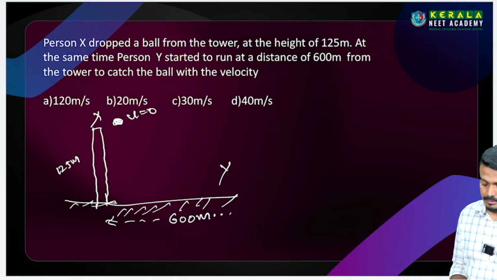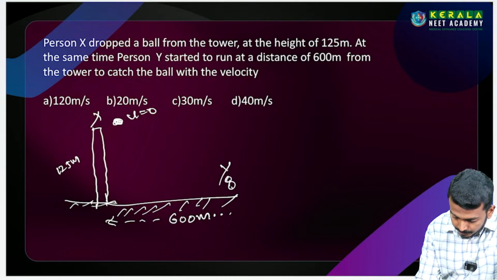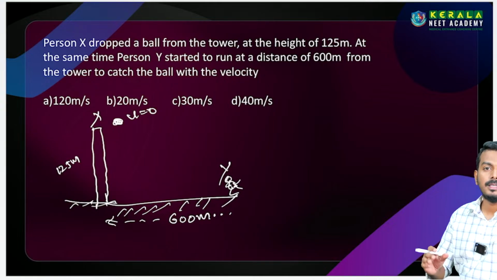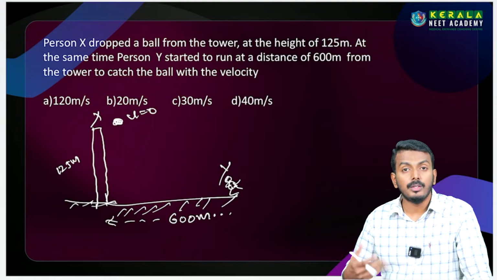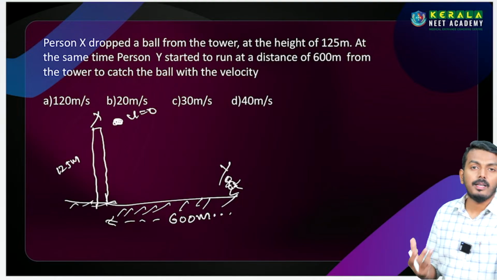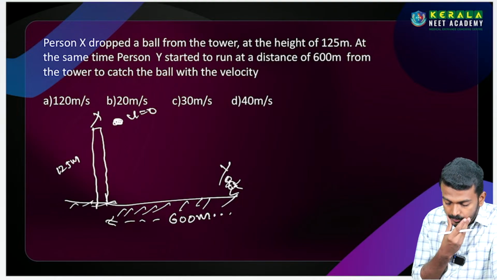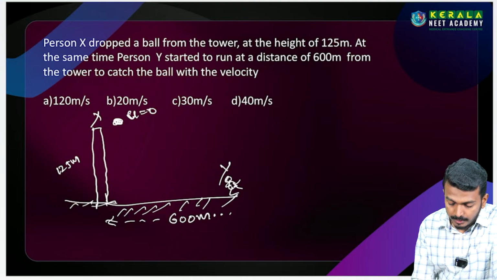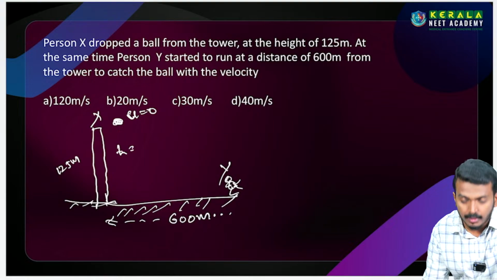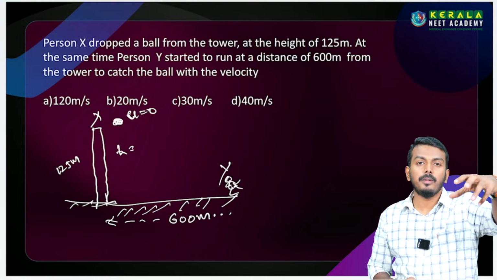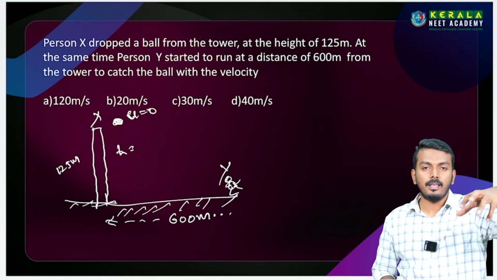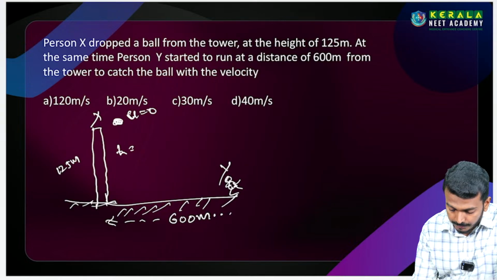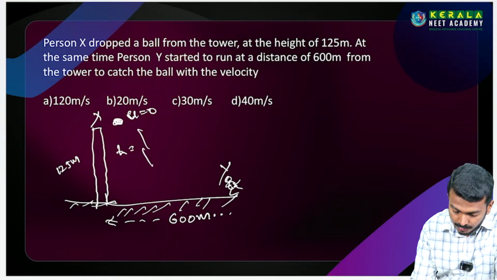Okay. Here there is one person. This person wants to catch this ball. The question is, with what velocity should the person move? When dropping, what is the initial velocity of the body? 0. Then tell me, what time will it take to reach the ground? When dropping, what is the initial velocity? 0. Simply you can apply the shortcut. What is the equation for time? Time is equal to, you know the height. What is the equation for time?